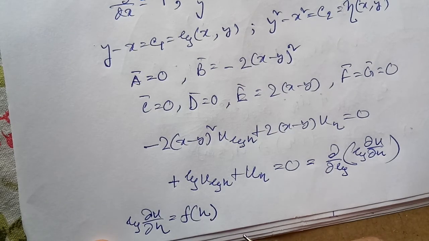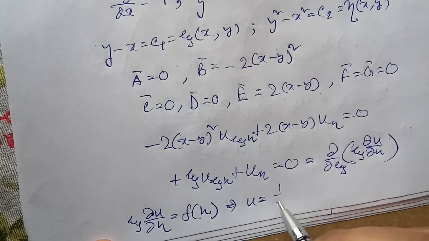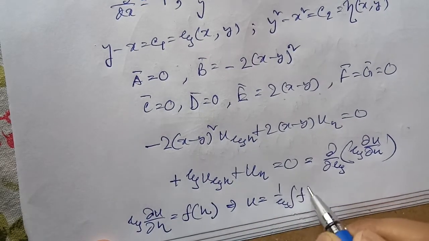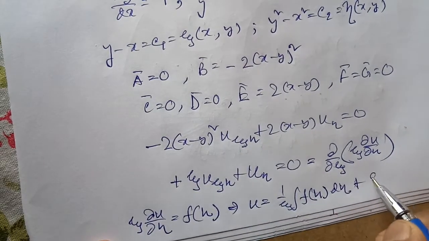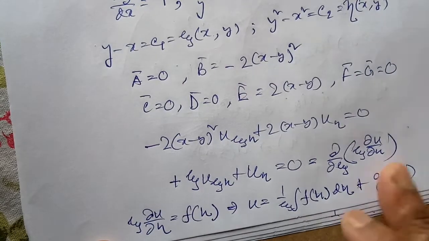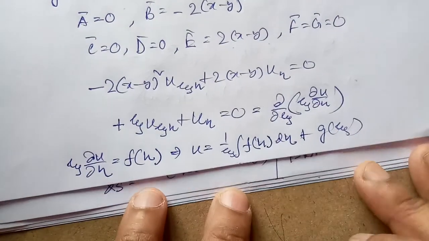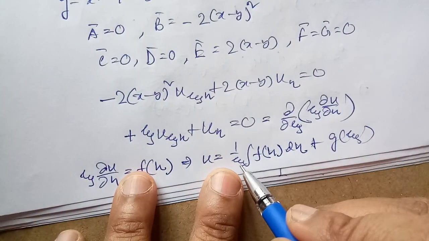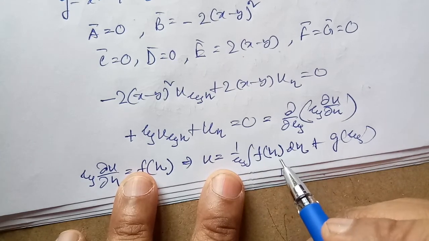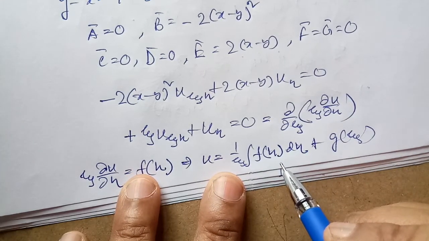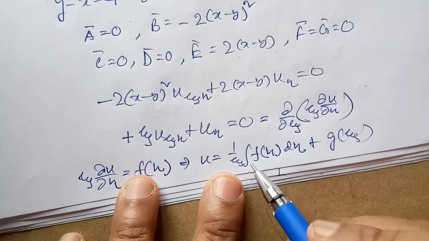And if you integrate once more, you will have u is equal to 1 over xi times the integral of f of eta d eta plus g of xi, another arbitrary function of integration. So from there, if you write xi is equal to y minus x and eta is equal to y square minus x square, you have solved your equation already. But well, if there is an integration,